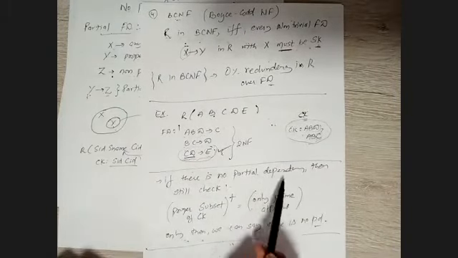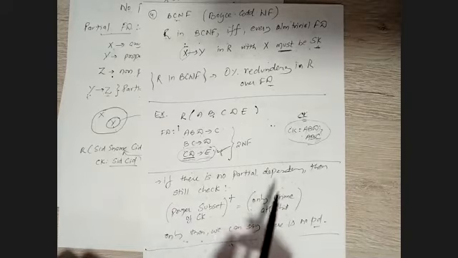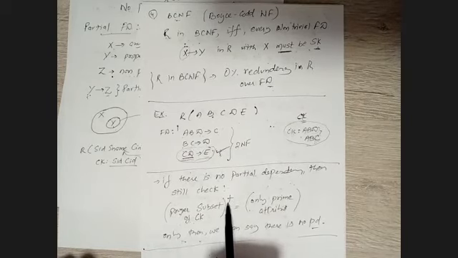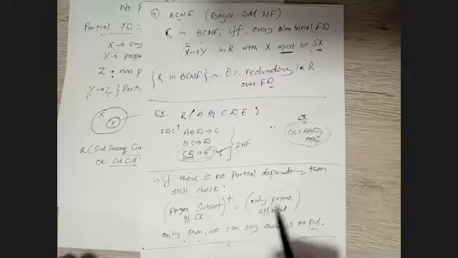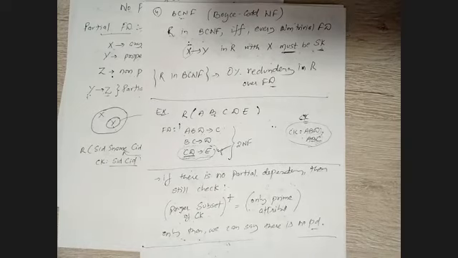If there is no partial dependency, right? Okay, we have identified, for example, in any question there is no partial dependency, we need to check the proper subset of the candidate key, identify the closure, right? The proper subset of the candidate key should contain only prime attributes. Only then we say, okay, now it is 100% guaranteed there is no partial dependency, right? Understand? Let's understand with the help of one example.